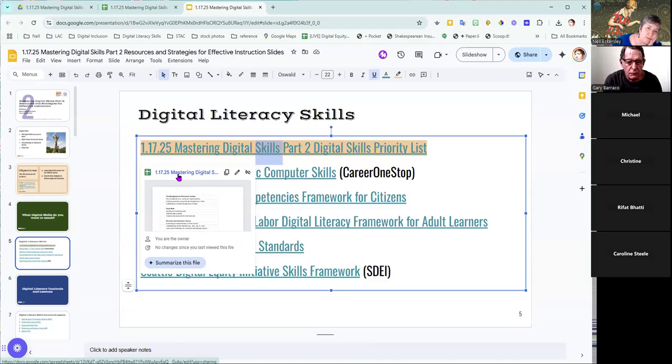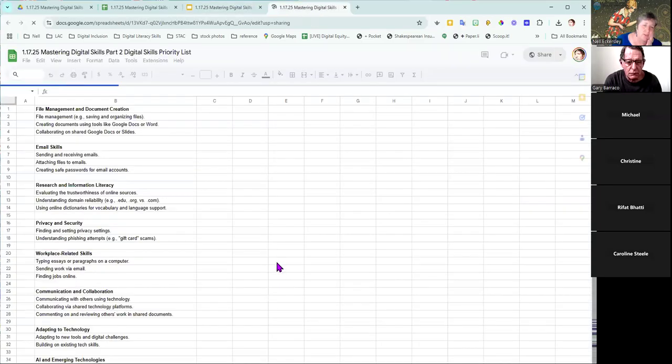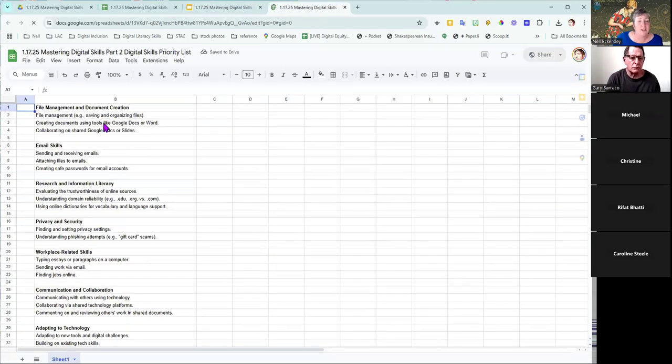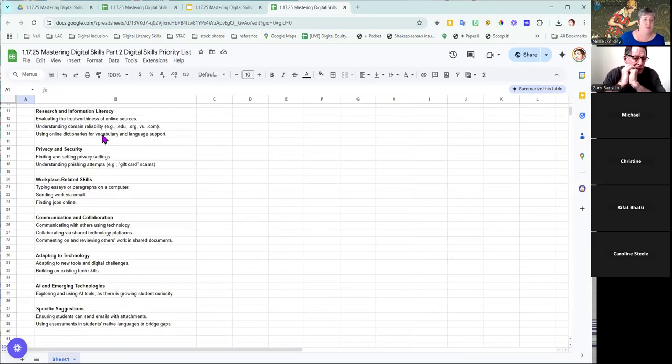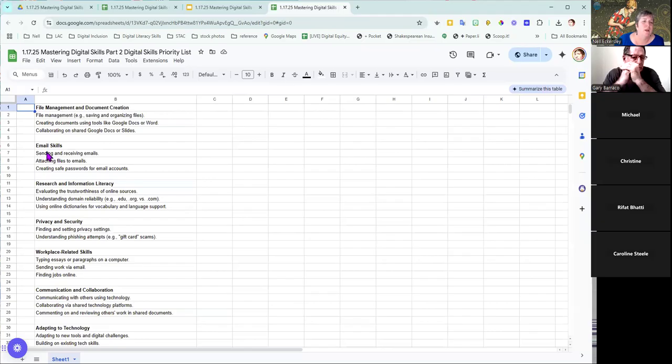Maybe my computer is very slow today. There we go. So I took the chat from last time and I put it into ChatGPT, and I said, tell me, what are people thinking are the most important things for their learners? And this is what it spat out at me, which I thought was pretty useful. So many of you talked about email, which I think still felt like a very central topic, and then attaching documents to an email,